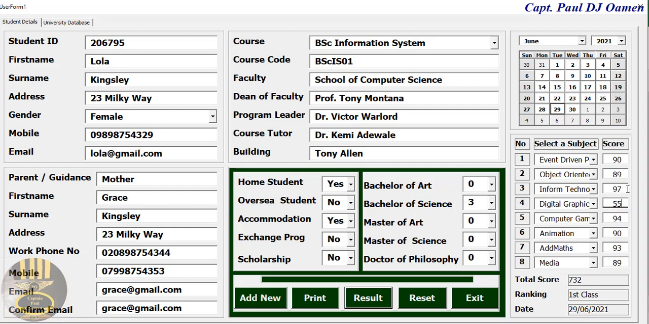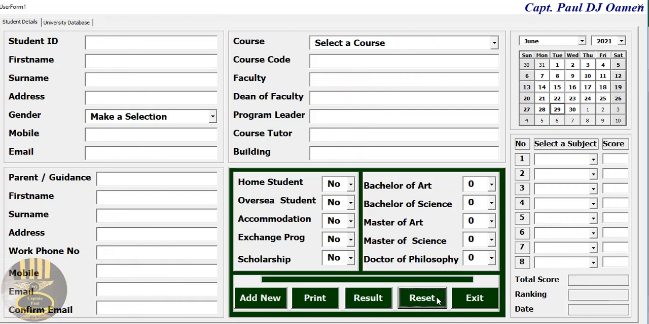Supposing the student is an average student, let's see what's going to happen to the ranking. There we go. So check out the result now. The student is a second class upper student. Okay, so let's reset and see what's going to happen with the reset. Reset it all. So we can then enter another student's details,